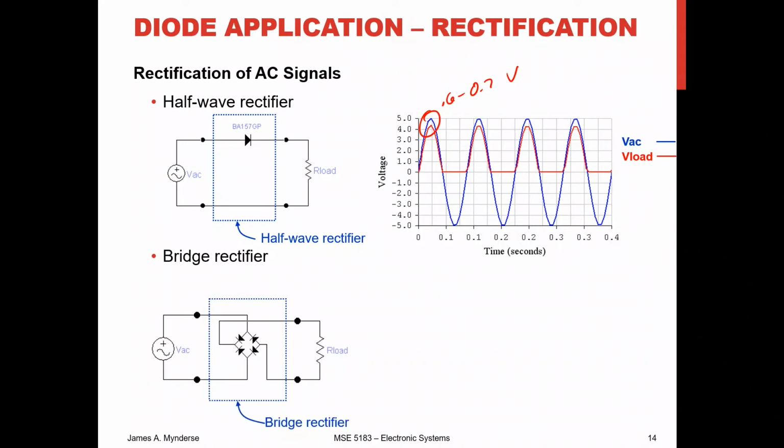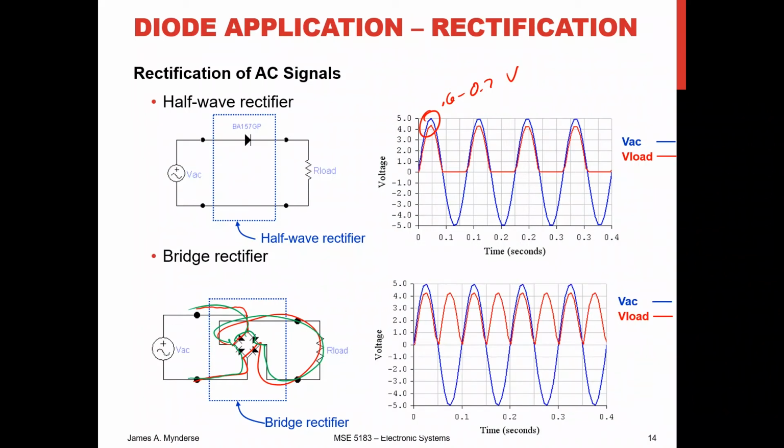We can also do a bridge rectifier. Notice that this one's a little more complicated. We've got more diodes in there. But you can certainly trace out the path. So we might see a path that goes through this diode and around and then through this diode. Or, let me change colors here, we might see a path that goes this way, through this diode and around, and then through this diode and back. And so what you see is that it's going through the load the same direction,